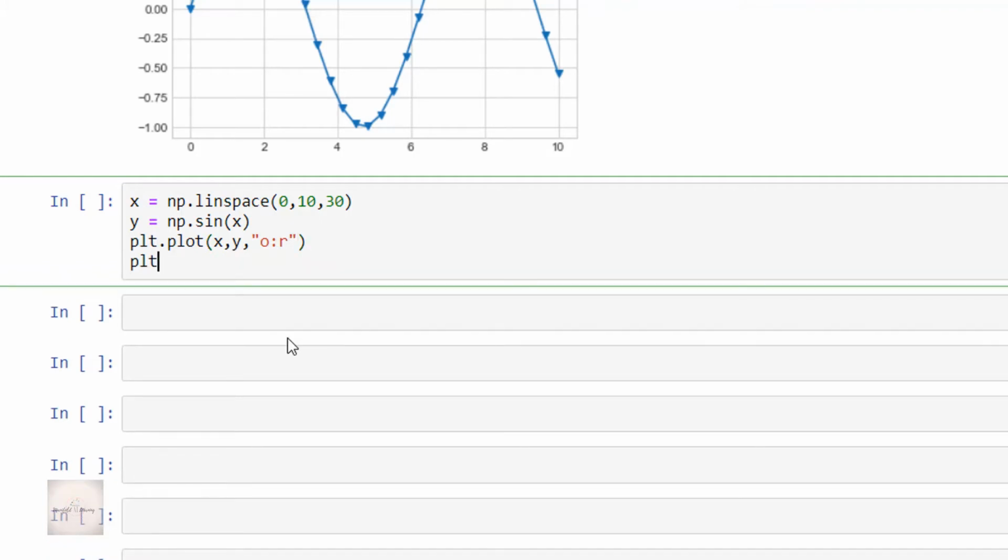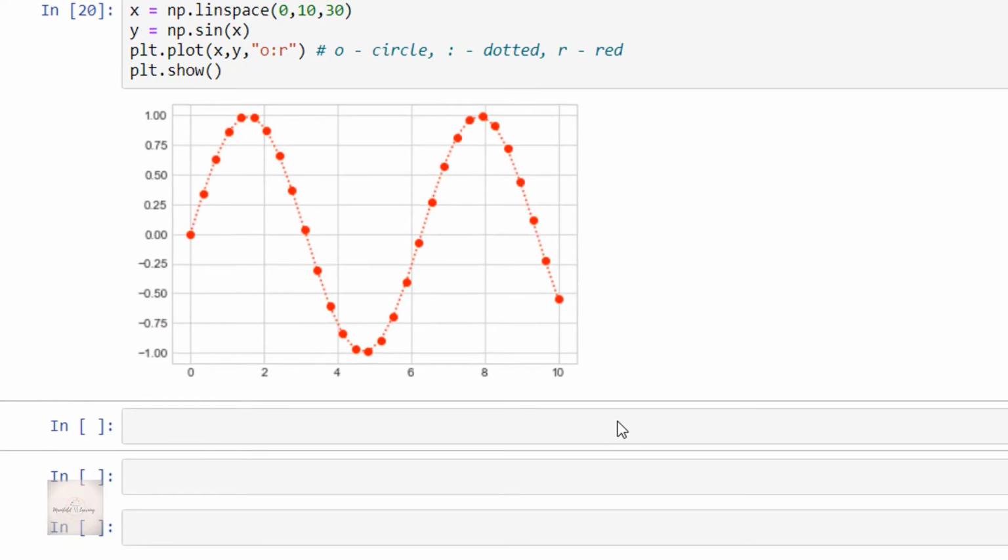Here I'm specifying the marker style as o, that is circle, then the line style as colon, that is dotted fashion, and then the color as r, that is red color. And then it is plt.show. So let me execute this code cell.